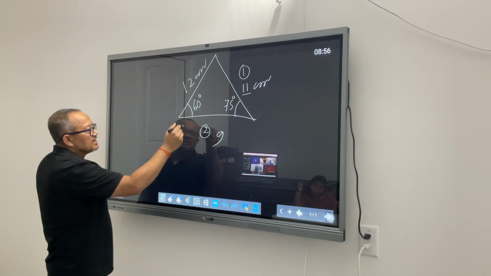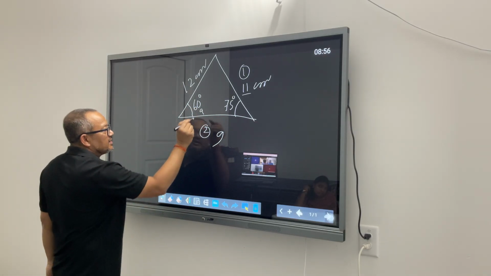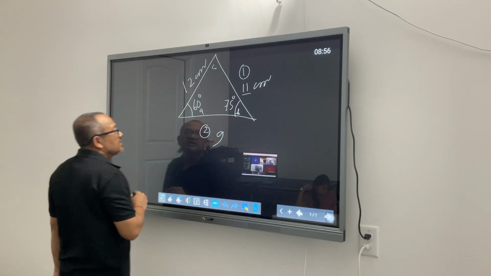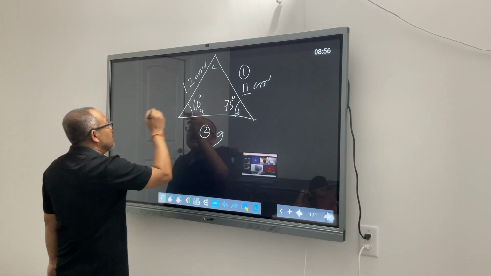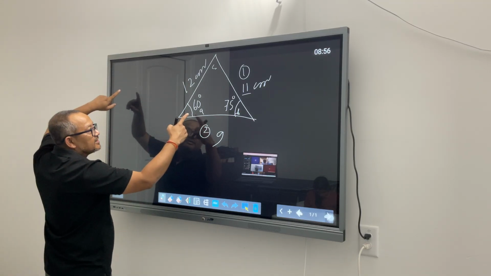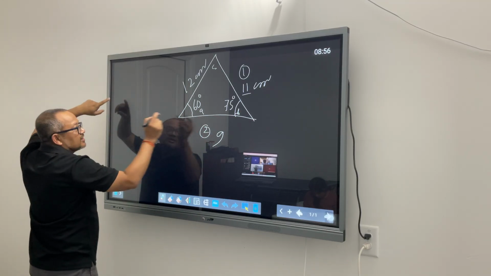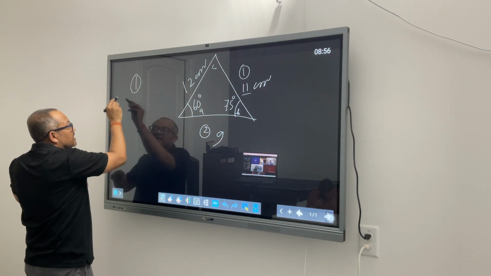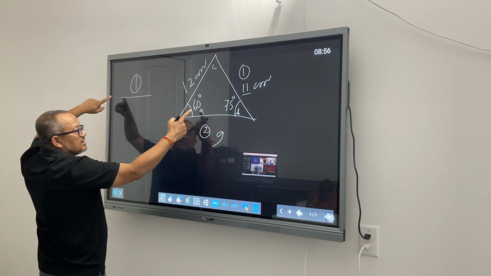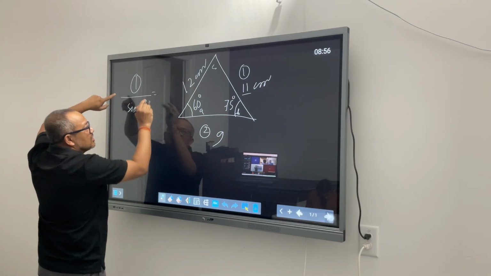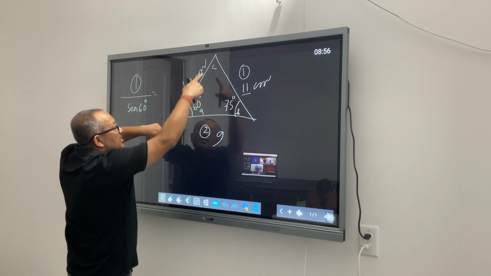So let's say this is A, this is B, and this is C. So this is angle A. So side upward, that is number 1, that is what we are trying to find out. A by sine of 60 degree equal to number 2 by